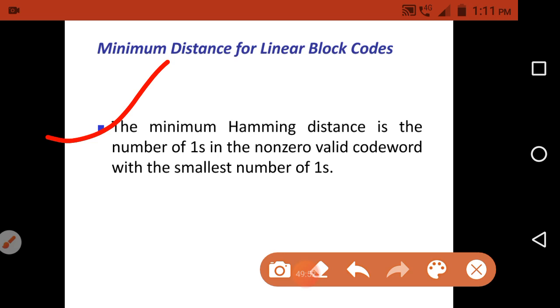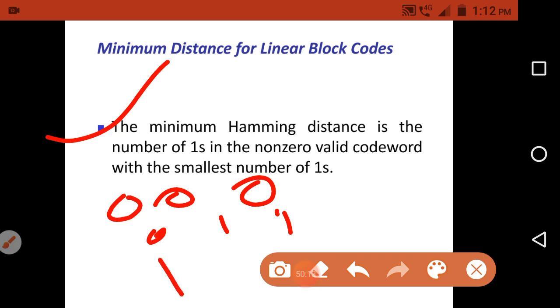Okay, so you can take the code words in such a way that they should be non-zero valid code words. As we already discussed, the code words present in the table are 000, 011, and 110.